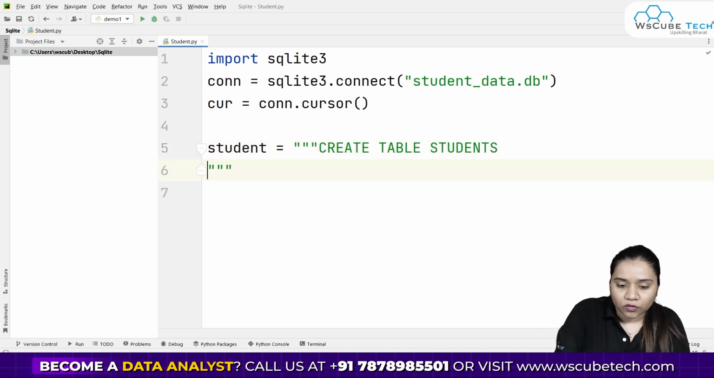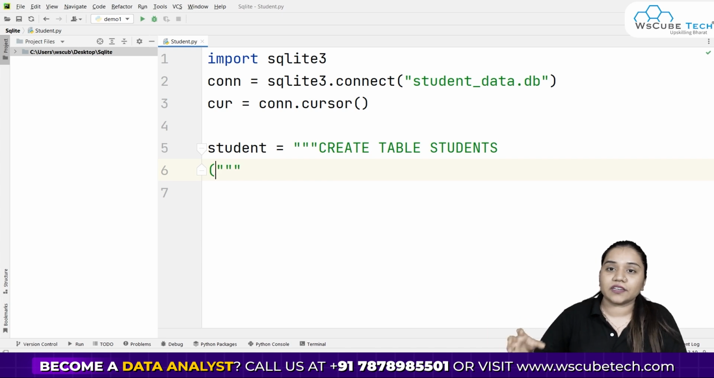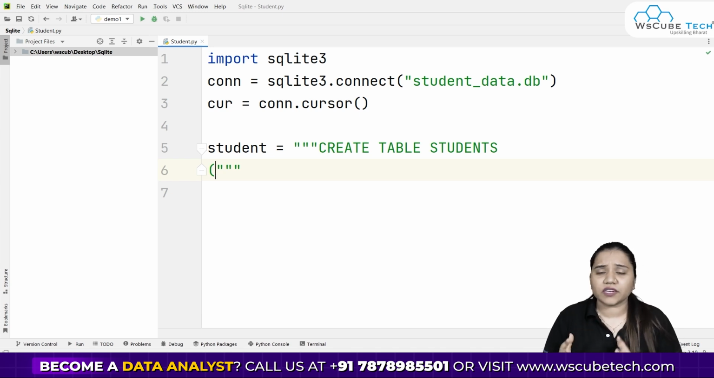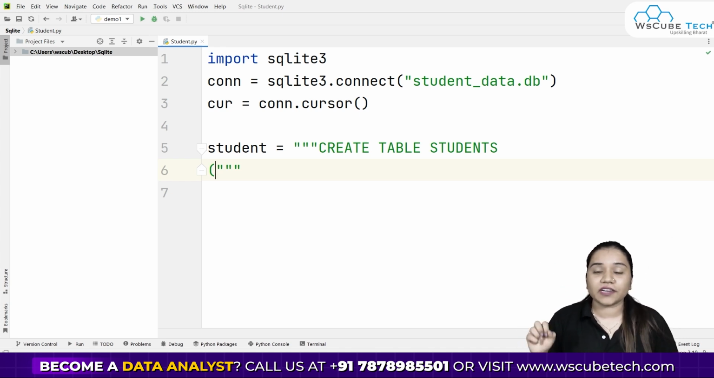Next line I'll be opening the parentheses. Inside it, we need to write the names of the columns, what columns we need over here. So let's say we need student roll number. Student roll number will work as a primary key. Talking about primary key, it is a unique key. That means it is a kind of key that if it is assigned to you, it cannot be assigned